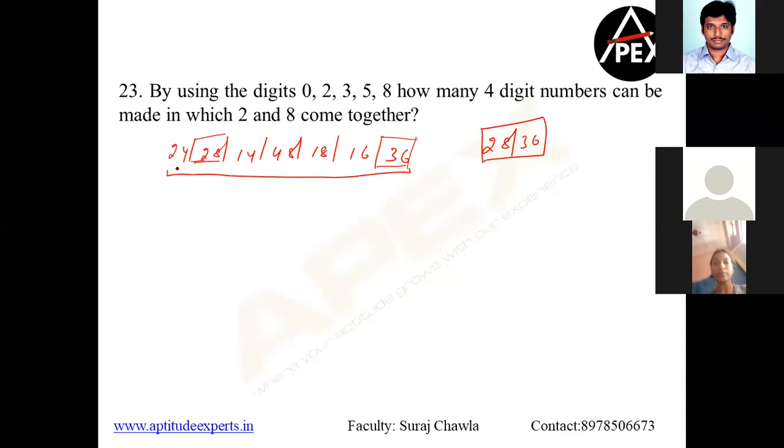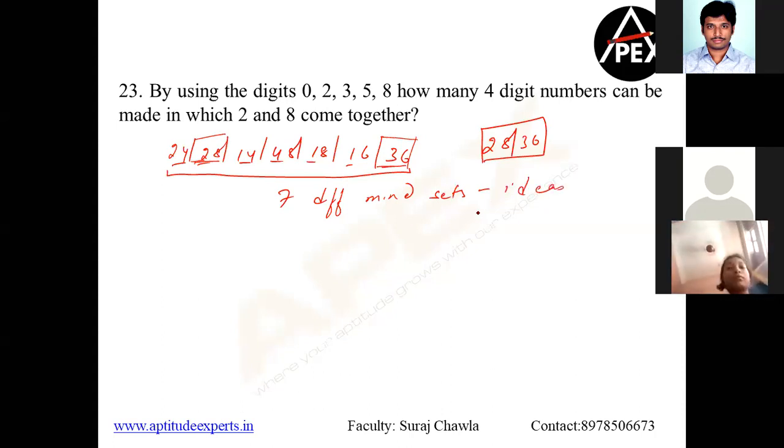Now my logic is simple. If I would like to grade myself, I can see I have 1, 2, 3, 4, 5, 6, 7 different mindsets working now. Clear? 7 different ideas. Now my job is to bring this number as low as possible. That will be one more case where I am going to see myself as a successful mentor. Right. So as of now, mostly it's 28 or 36 as most of you have given. Somebody has also given 24, but I think it's mostly drawn to 28 and 36. I'm really happy. Right. Let's try to further reduce it.